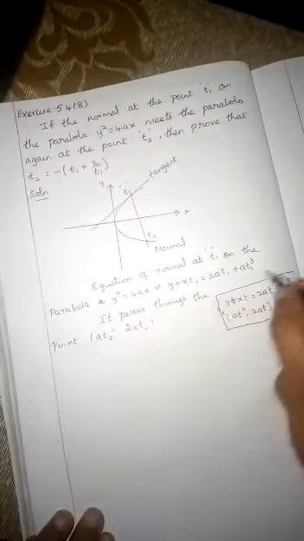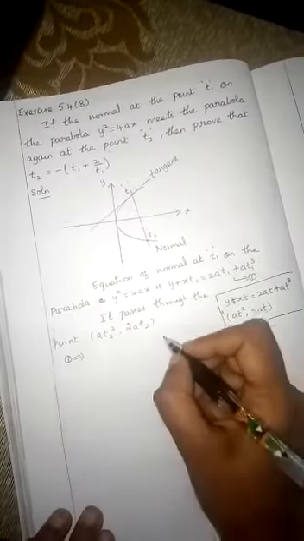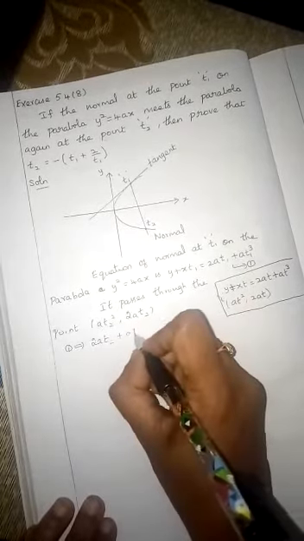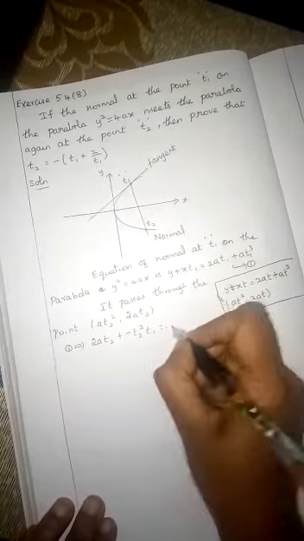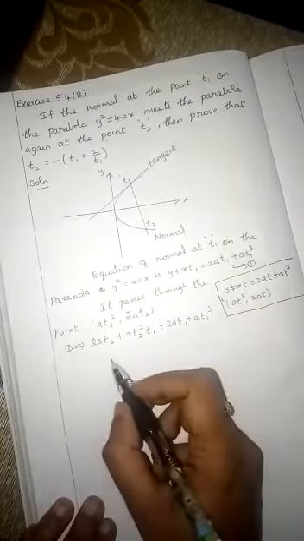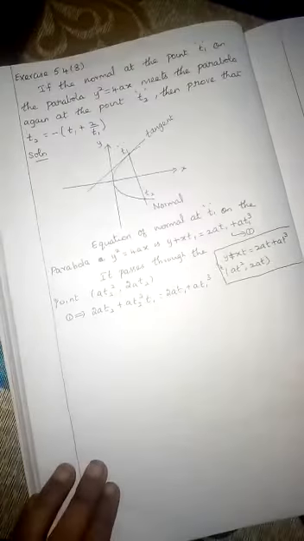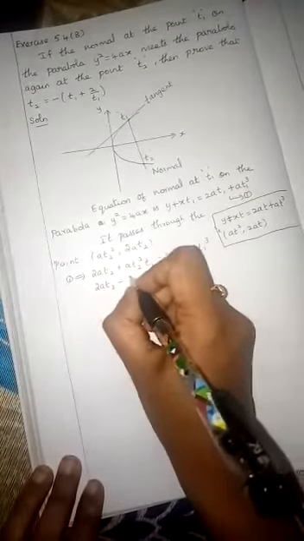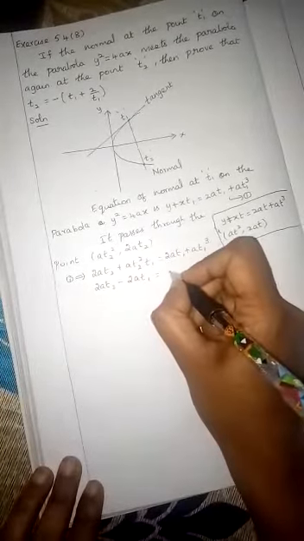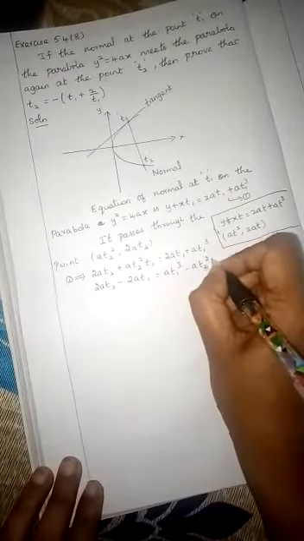So now you can replace this point in this equation. You can mark it as equation 1. So equation 1 implies y value is 2a t2. So 2a t2 plus x value is a t2 square into t1 equal to right hand side you write in the same way, plus t1 cube. Now I am taking this term 2a t1 to the next side and this term to the next side. So here 2a t2 minus 2a t1 is equal to, here what we have, a t1 cube minus a t2 square t1.